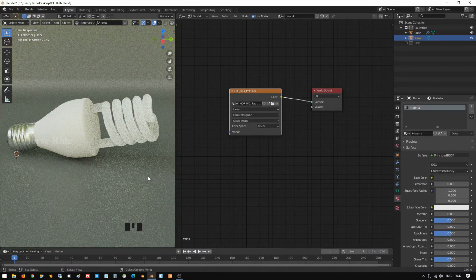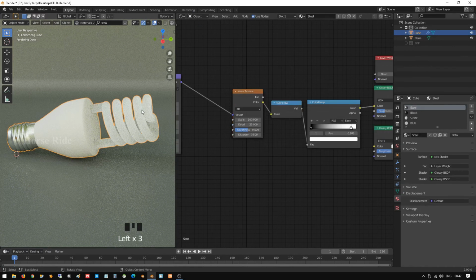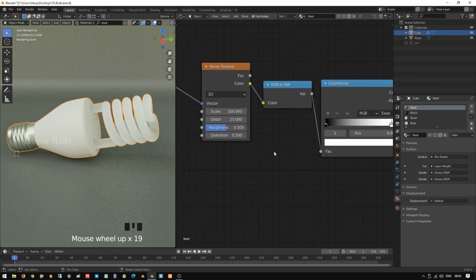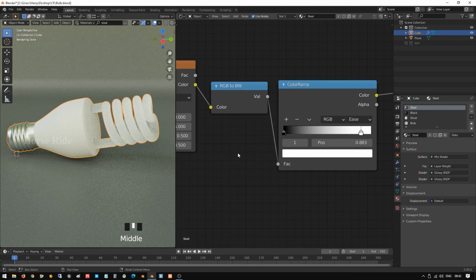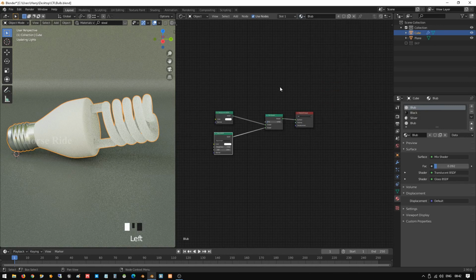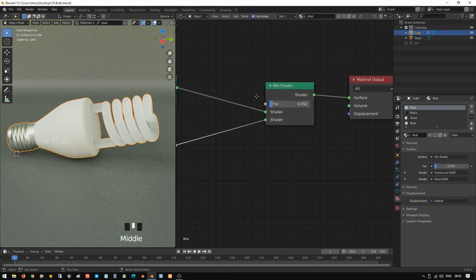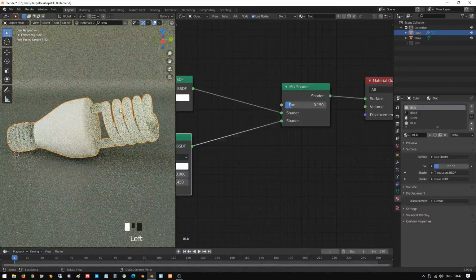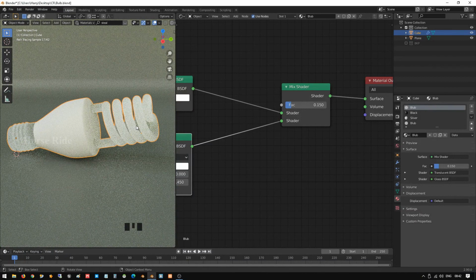So now here we have to go to the shader option, go to object and select this one. Okay, everything is created automatically. Instead of steel, select the bulb. Here I'm going to add a little bit of friction to get a glossy look, and I couldn't see it correctly, right?